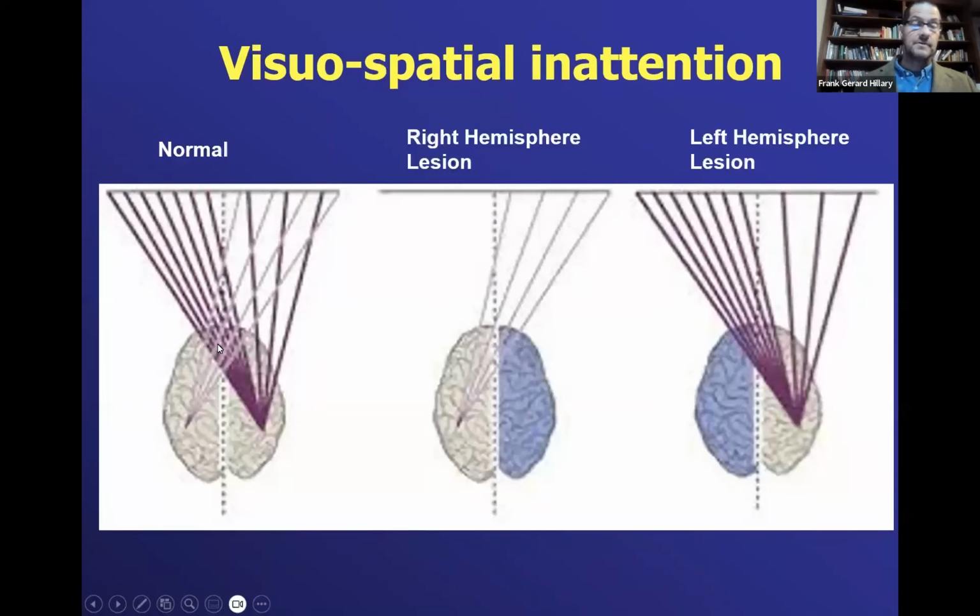The left focuses more on the right hemispace, which means that if you have a right hemisphere lesion that essentially removes this attentional source, you will focus almost solely on the right hemispace. If you remove the left hemisphere, then you will focus more so on the left hemispace with some right hemisphere